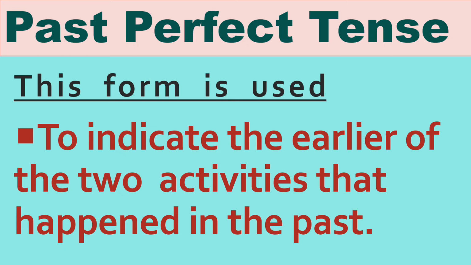Have you got that there are two activities, that the train had left and I reached the station. But the action which has taken place first, you will be writing in past perfect tense, and the action which took place secondly, means at the second place, you will be writing in simple past tense. The example which I have given you, the train had already left. The first action is written in past perfect. By the time I reached the station, reached is your second form of verb, and that's why the second action has been written in simple past tense.